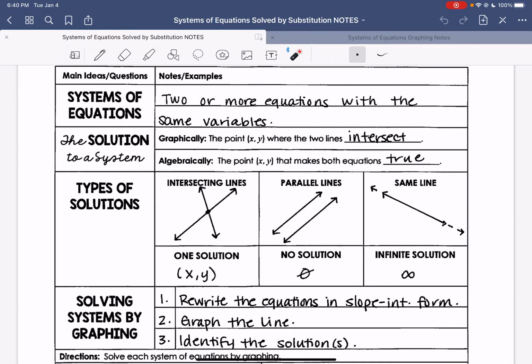So a definition is two or more equations with the same variable. So rather than just having one single linear equation or one equation, it will consist of two or more. For the most part this year, we will just be using two. So today, we're going to find the solution to a system